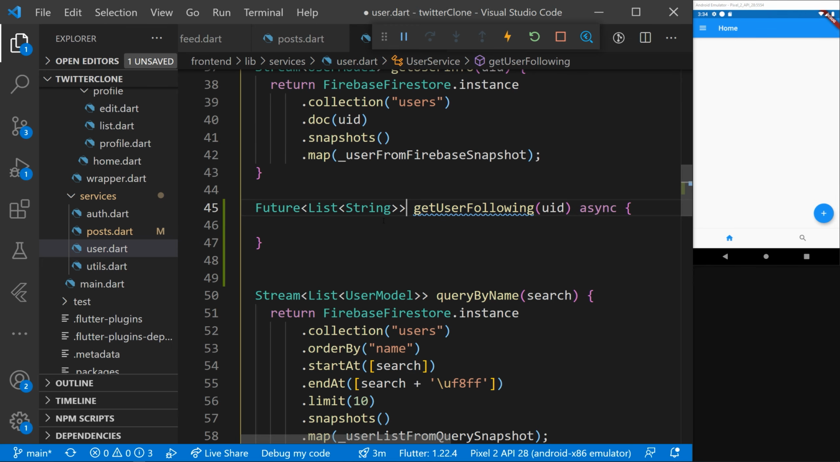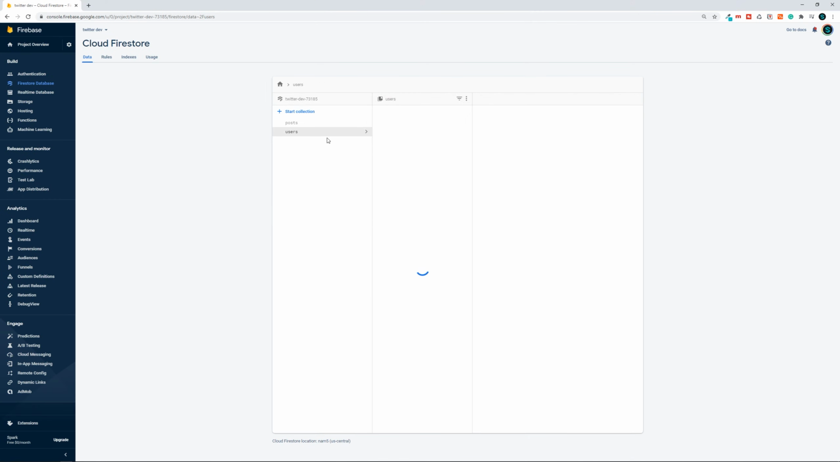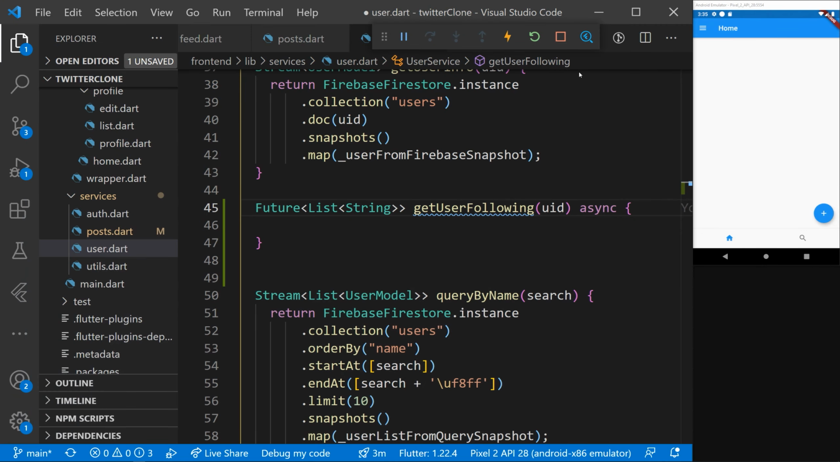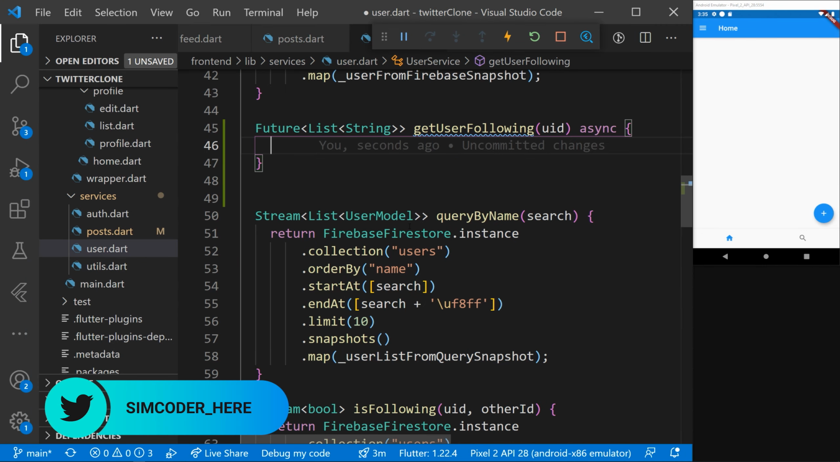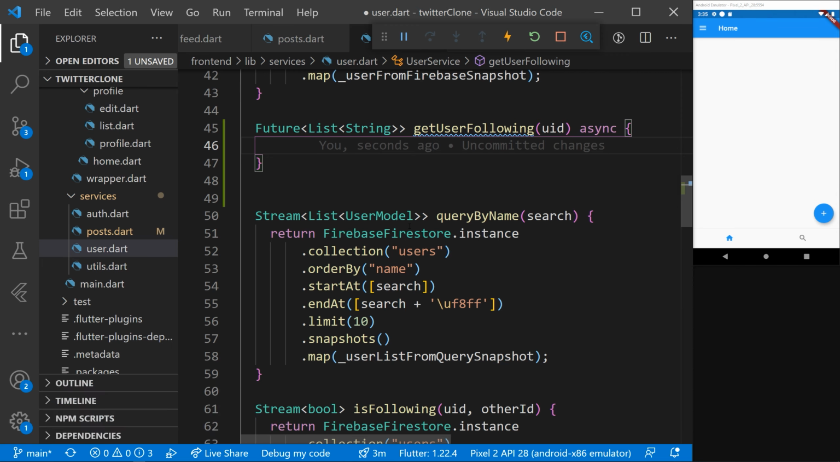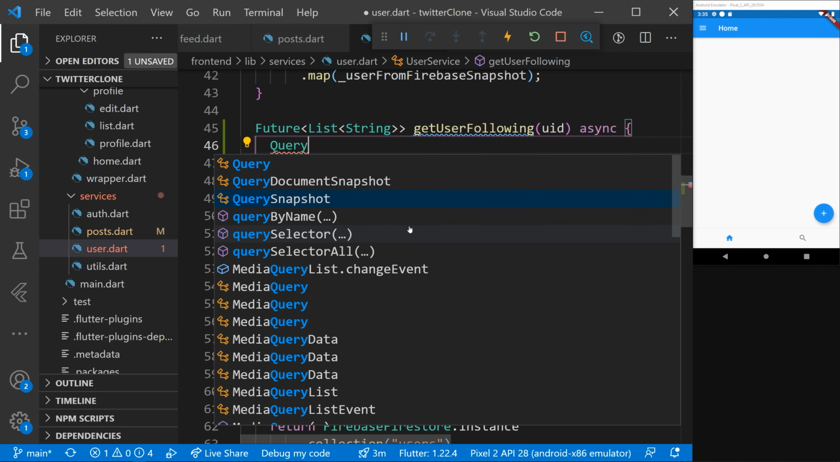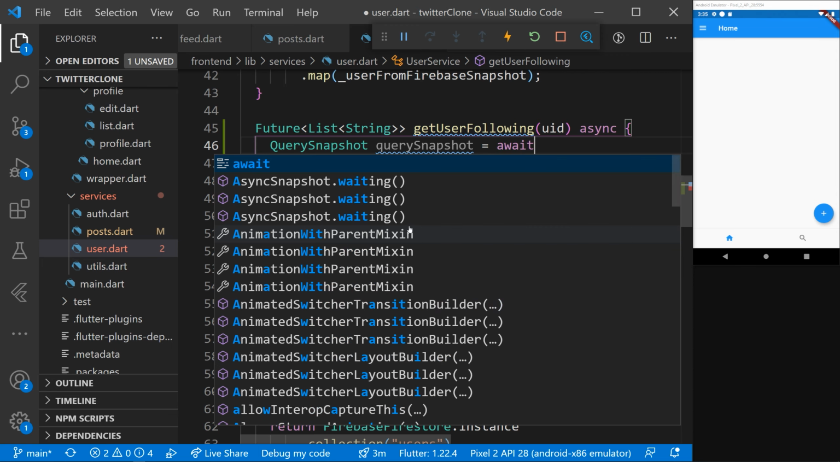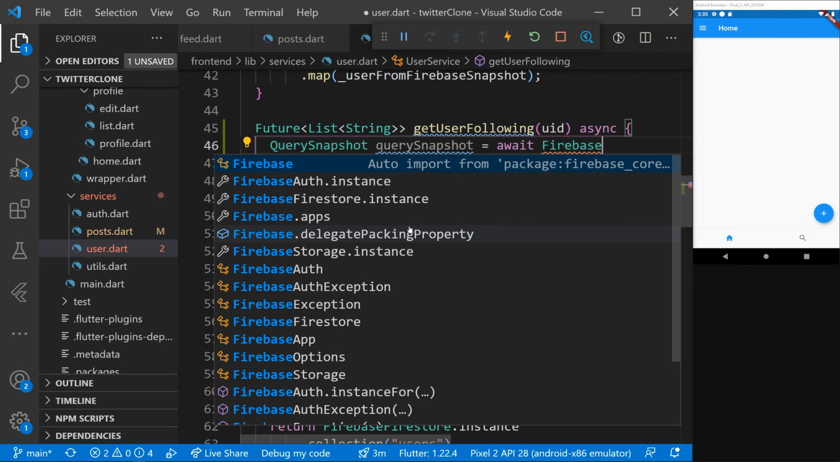Okay, so it will return a list of string, and this is because if we come into our database and we come into following, then we see that we have a list of strings. Documents containing just a string and not any other information, so this isn't an object, and we don't need to worry about that. Okay, so in order to actually get this information and parse it over into a list, what we are going to do is say query object, or query snapshot, better yet. Query snapshot equals to await firebase